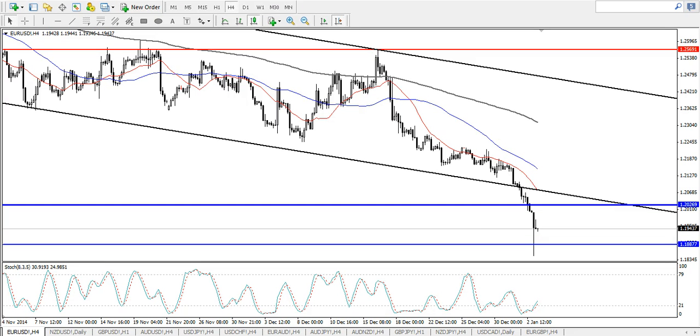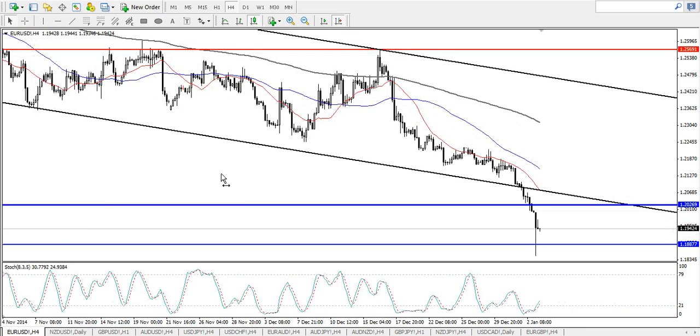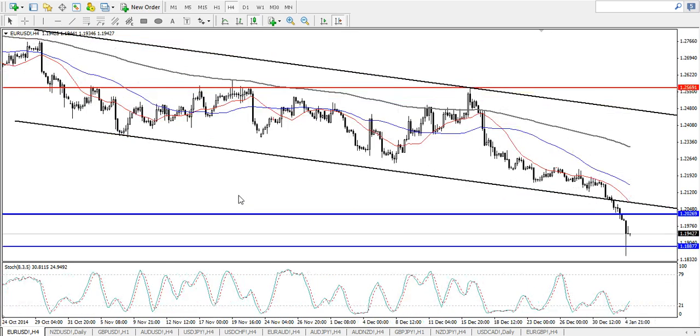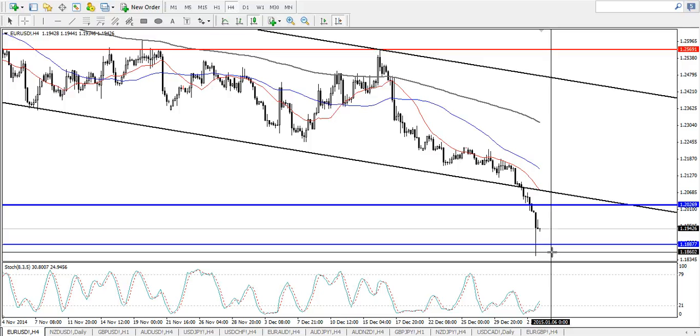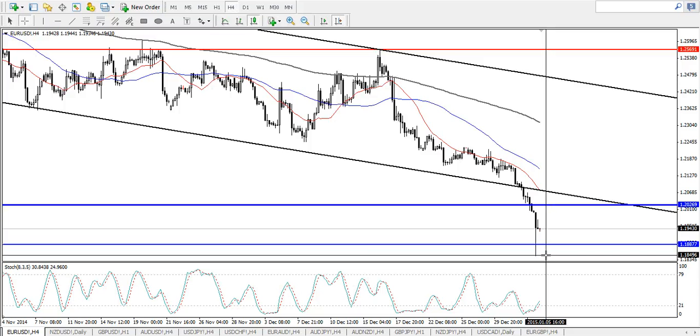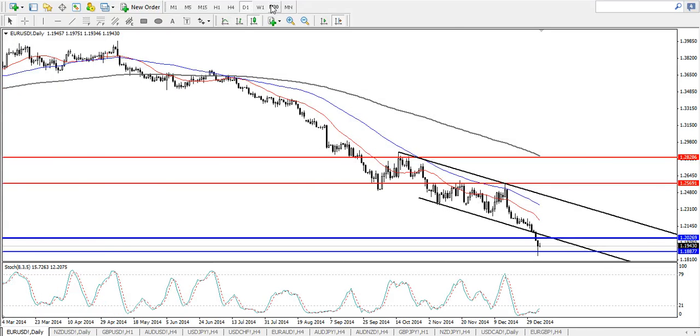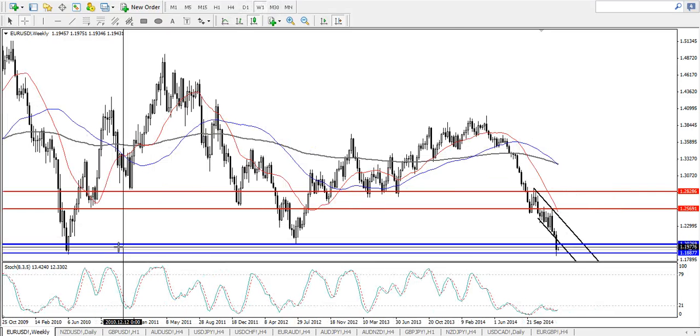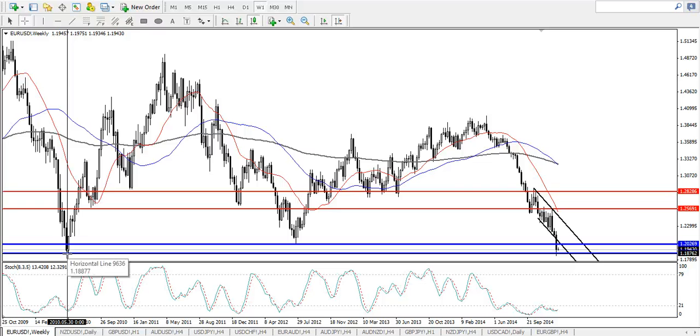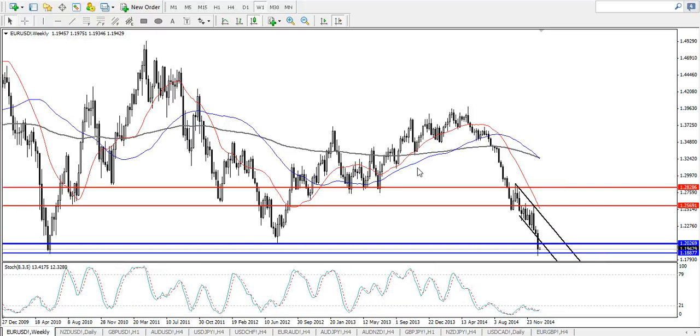So let's start off with the euro against the US dollar. Over the weekend, the euro has fallen all the way to as low as 1.1845, which is even lower than it was in June 2010. Right, so what happened is that first, the Greece political parties have embarked on a campaign